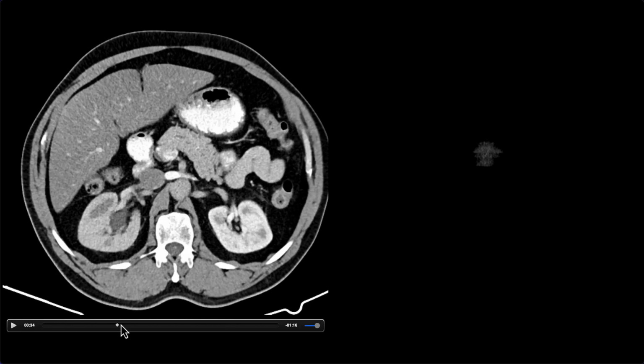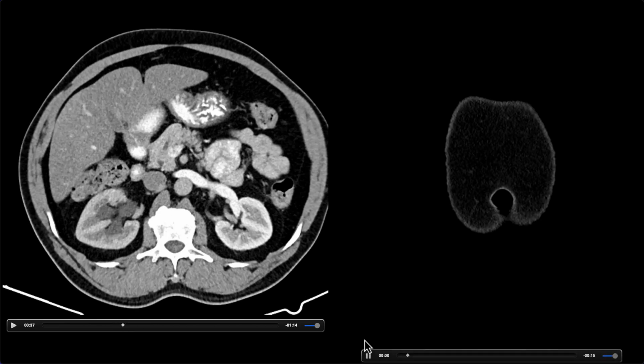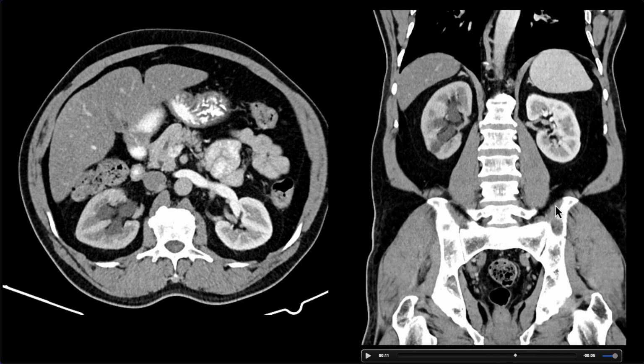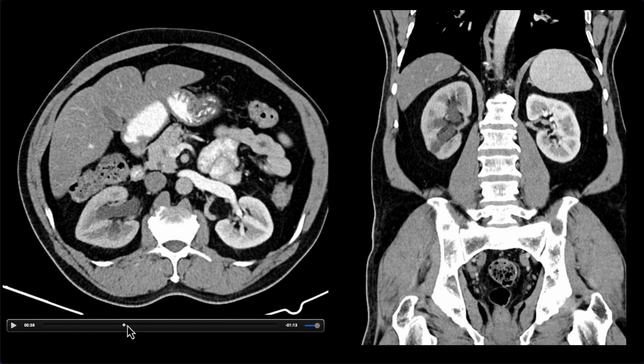So we'll scroll down a little bit, and one of the things when you're looking at this axial view of both kidneys or the coronal view of both kidneys, you get a sense of the symmetry or asymmetry of the kidneys. One of the major observations here is that there is hydronephrosis of the right kidney and a normal left kidney. And also there is something called a delayed nephrogram, which is due to increased hydrostatic pressures of the obstructed kidney. There's decreased perfusion of that kidney, and therefore we're seeing less contrast enhancement. So that's an important finding that you'll find with obstruction, and something that tells you to make sure you're carefully